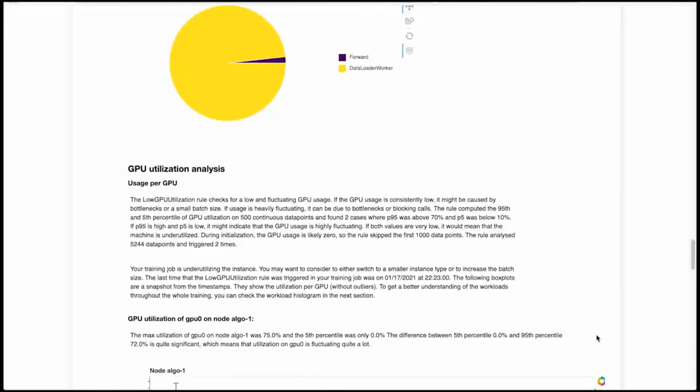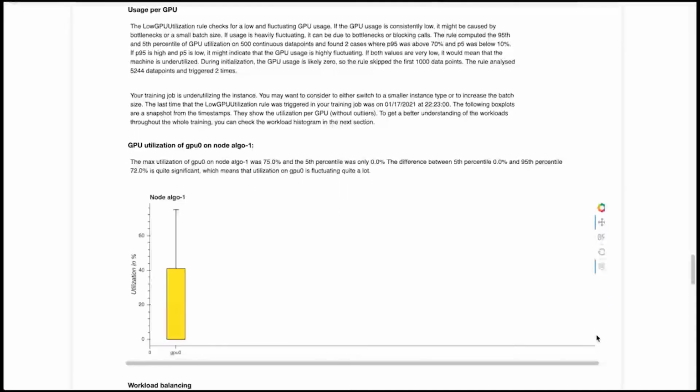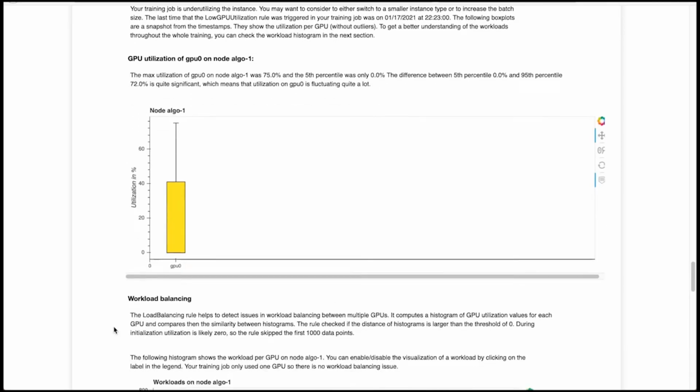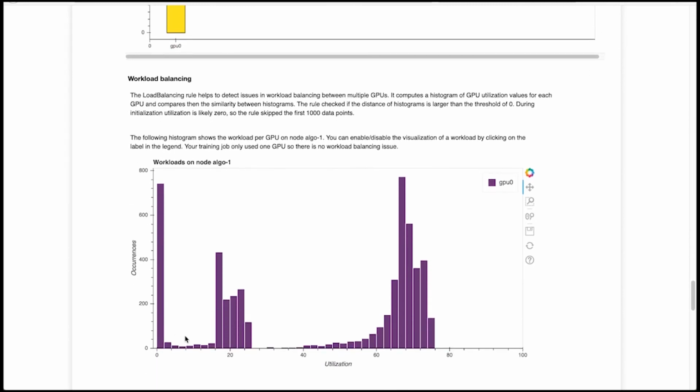The profiling report also gives some more insights into the GPU utilization. It provides box plots as well as workload histograms. The workload histogram shows us the GPU utilization on the x-axis, so from 0 to 100%, and then it counts how often the GPU has been utilized at 0%, 50, 60, 80, 100%.